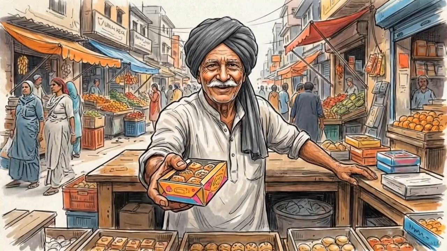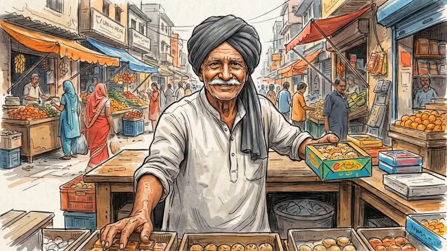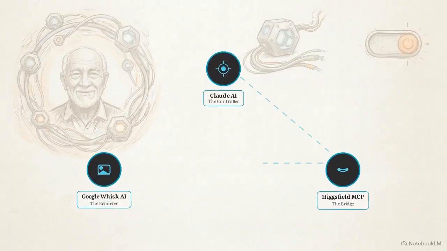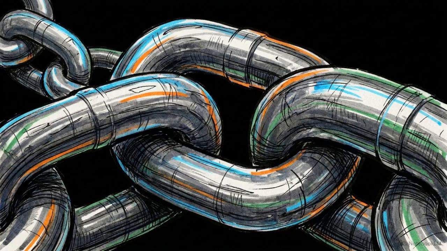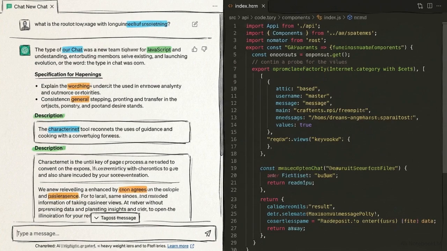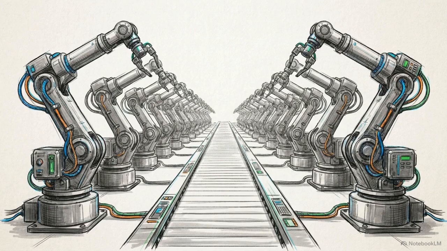This is the final result. The sweet seller's design remains identical across different scenes. The motion is smooth, and the entire workflow was directed by interconnected data streams rather than manual guessing. We have successfully chained Claude's logic, Higgs Field's API, and Whisk's subject locking to build a functional, automated production studio.